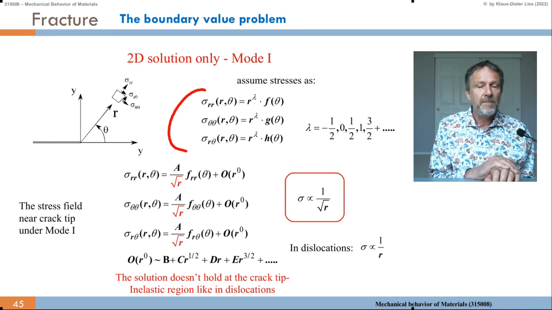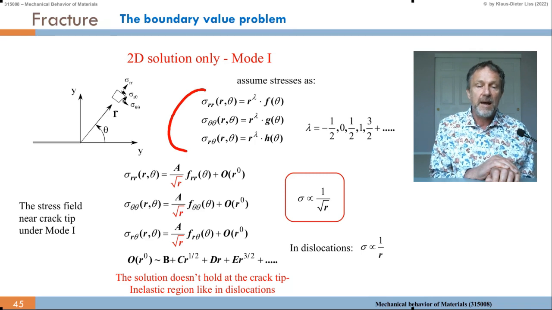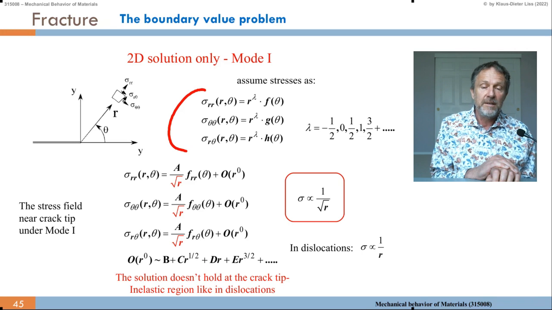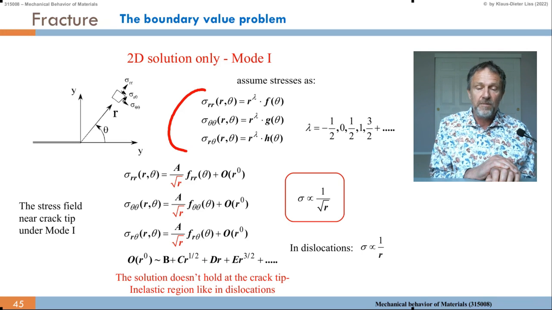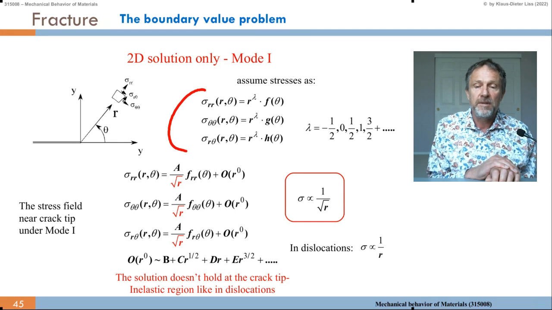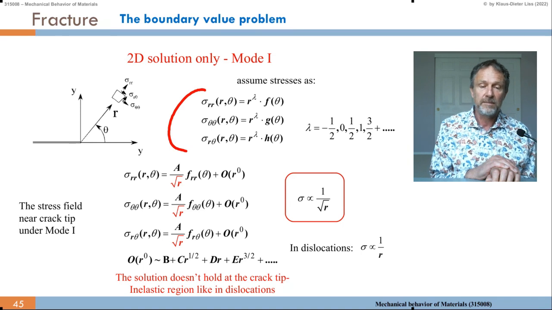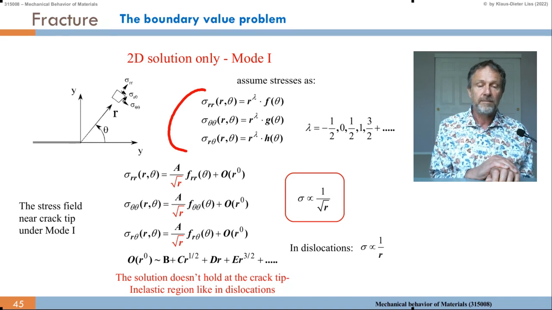And the same, we write sigma theta theta equals r to the lambda times another function g of theta, and sigma r theta, the shear stress, we write down as well as r to the lambda times h of theta. And lambda can be minus 1/2, 0, 1/2, 1, 3/2, and so on. Then it can be solved